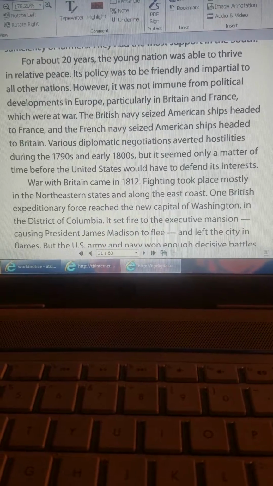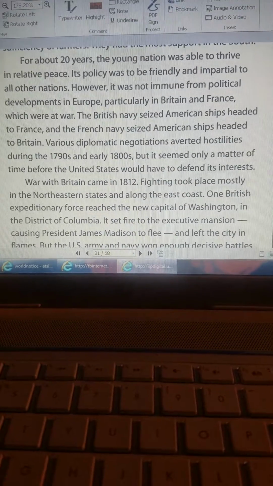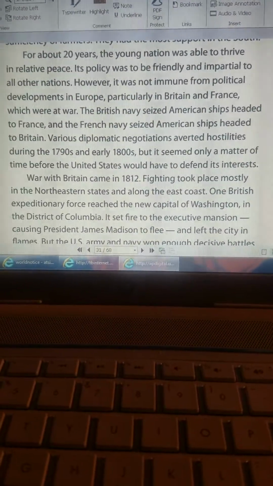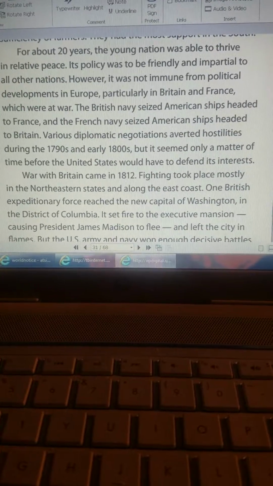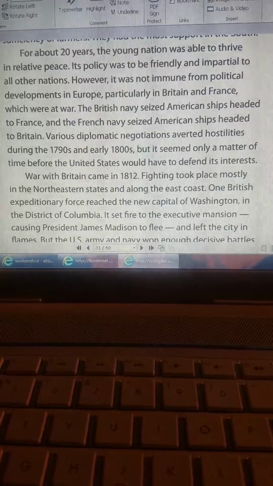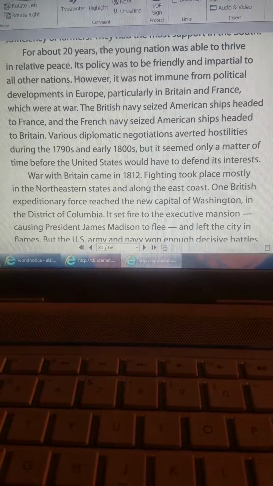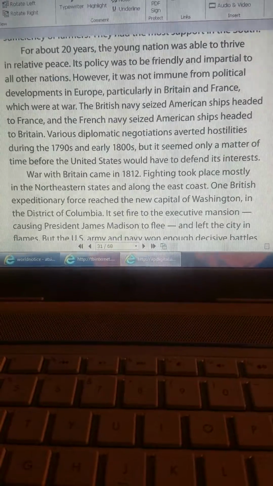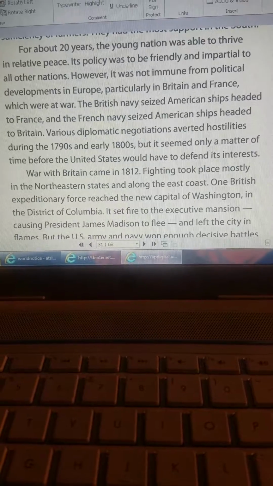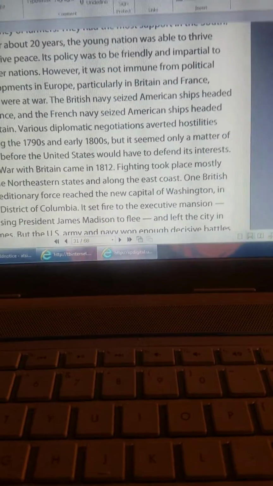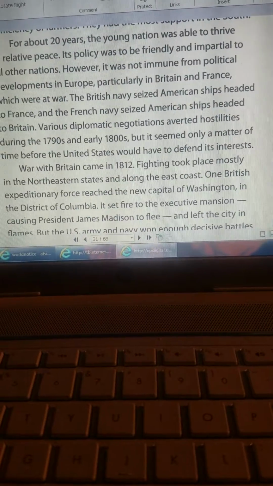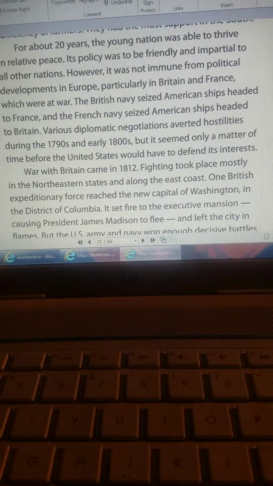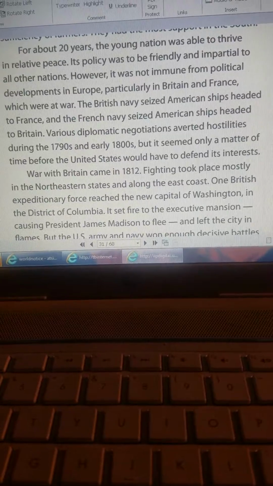Fighting took place mostly in the northeastern states and along the East Coast. One British expeditionary force reached the new capital of Washington in the District of Columbia. It set fire to the executive mansion, causing President James Madison to flee, and left the city in flames. But the U.S. Army and Navy won enough decisive battles